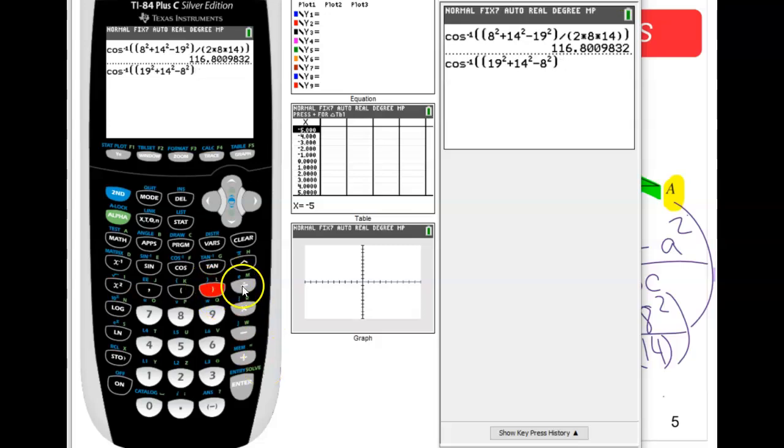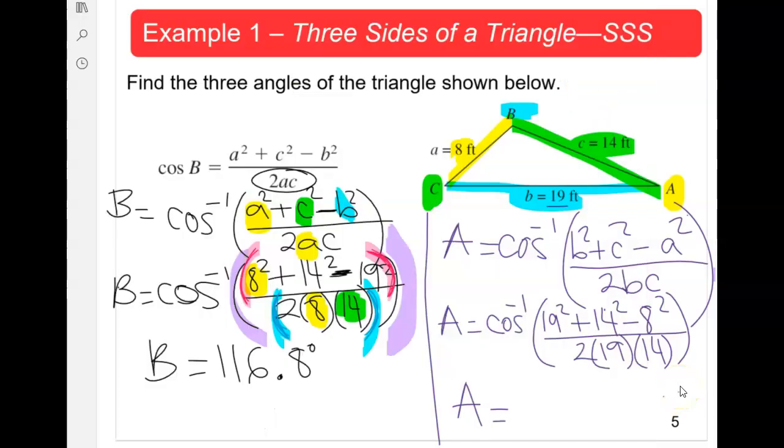There we go. Now divided, open parentheses to enclose the denominator, and that will be the product of 2 times 19 times 14, close parentheses to enclose the denominator, close it one more time to close the cosine inverse expression. We make sure our calculator is in degrees, then we press enter. And that is our solution. 22.07. So we say we're going to round to one digit after the decimal point, so it will be 22.1. So angle A is